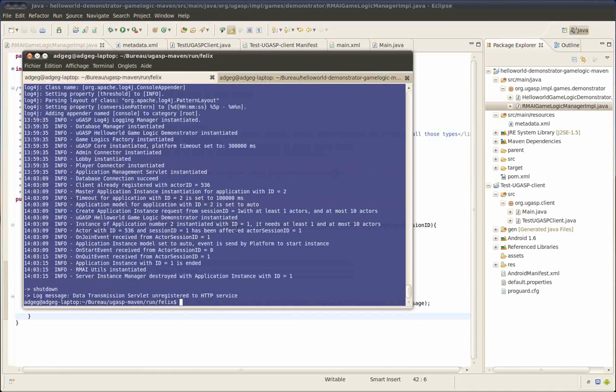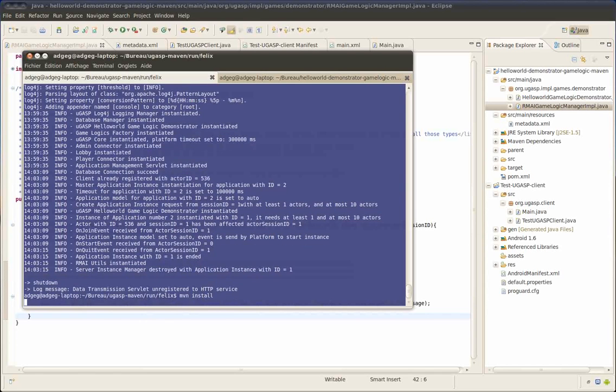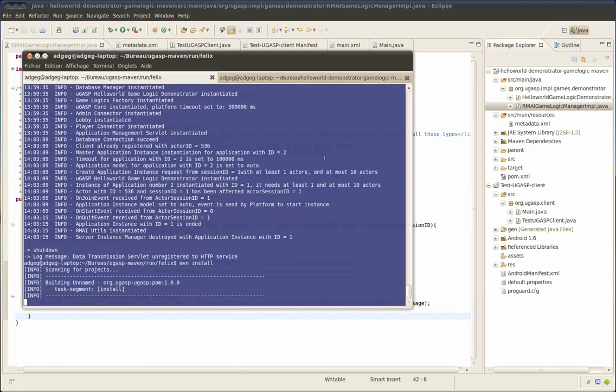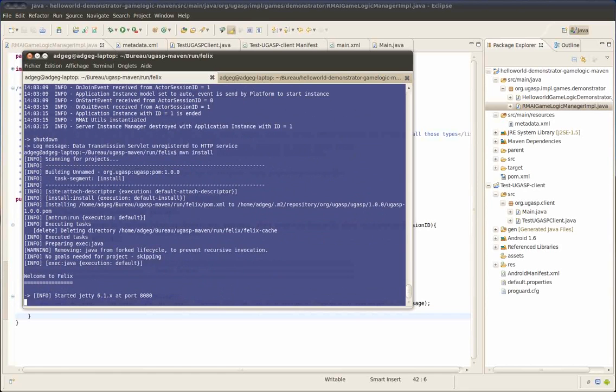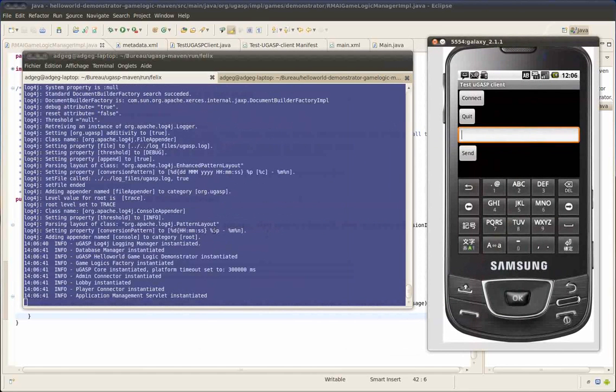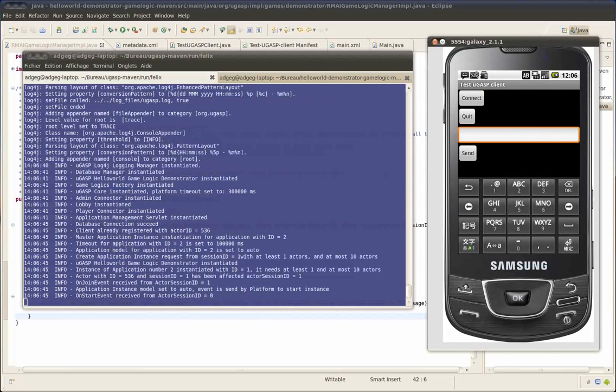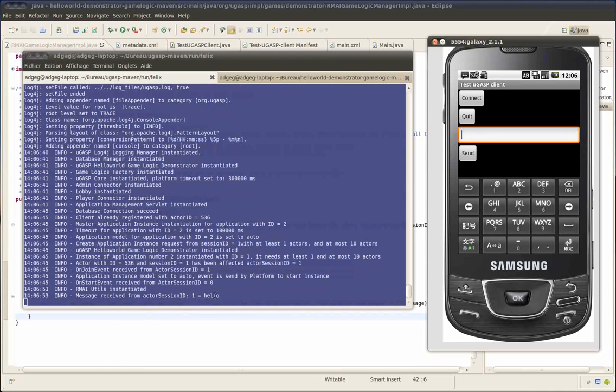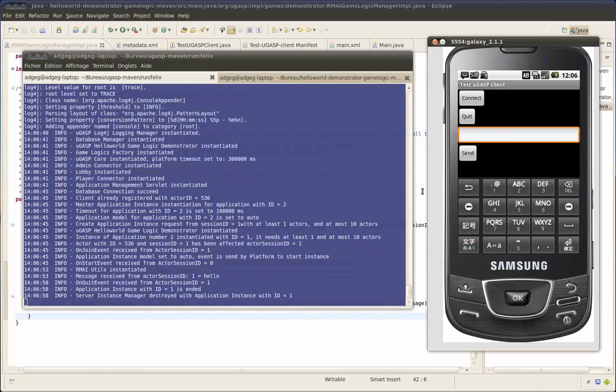So you just need to launch uGASP another time, and it will be launched with the last version of our game logic. Okay, it's launched. Now I have to connect and create an application instance, and if I send message hello, you can see that the platform received this message. So I quit the instance, I stop the server,